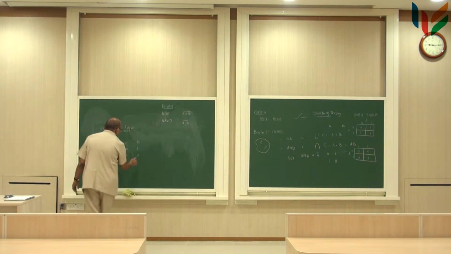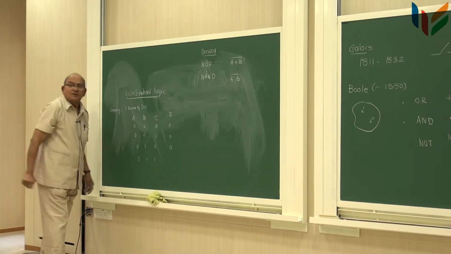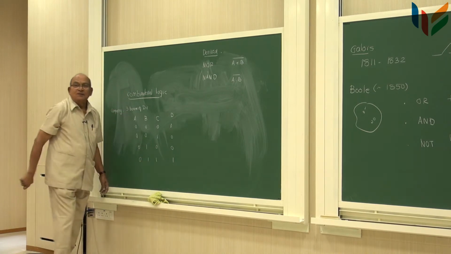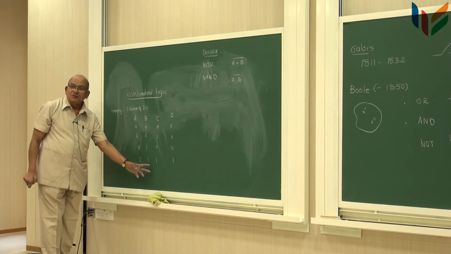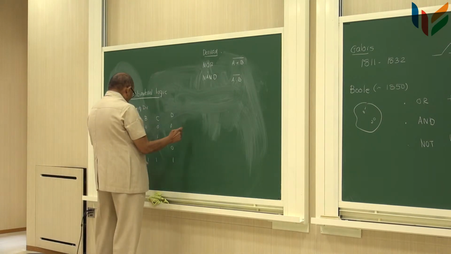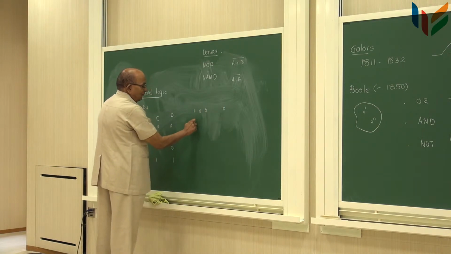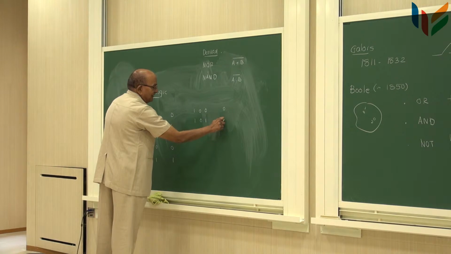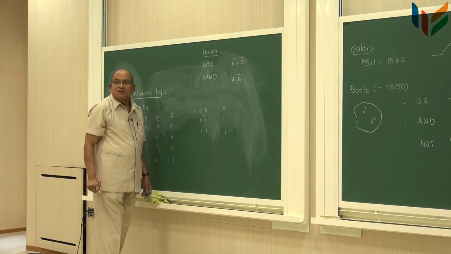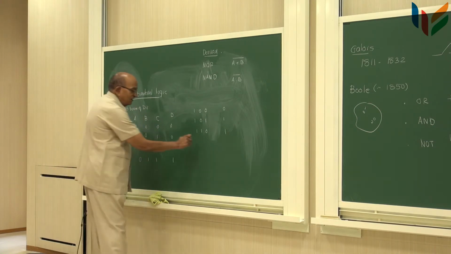So this is also 0. And the next is 1, 1, right? So this should be 1, because 2 people said yes. And like this you can go on writing down. After this comes 1, 0, 0. No. 1, 0, 1. Yes. 1, 1, 0. Yes. Right? How many are over? 3, 4, 7. The last one is 1, 1, 1.